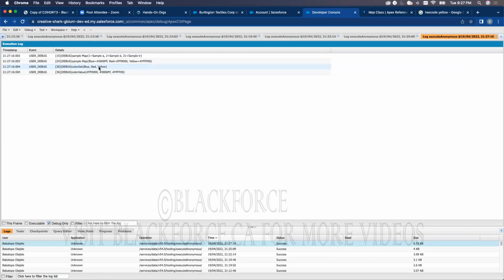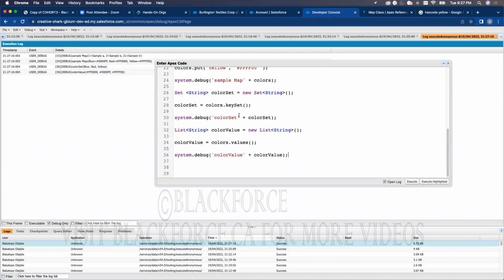Blue, red, yellow. It gives me all the keys. And FF0000 and so on gave me all the values in the set. Knowing how to get the keys and the values is so powerful. You see the use case of this, but knowing how to get it is powerful because I can now say